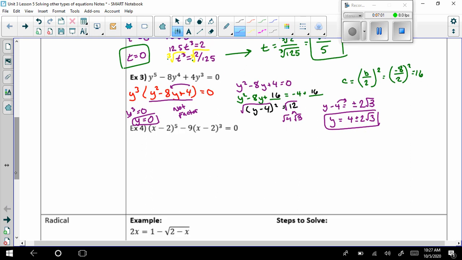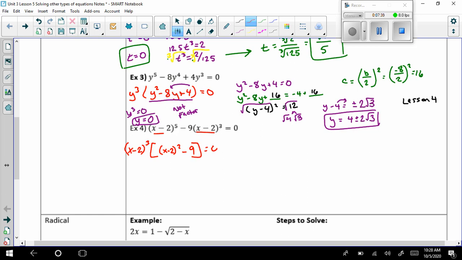So that is, again, using completing the square. You can refer to lesson 4. Now this one, we can see that x minus 2 is our GCF, so we're going to take out x minus 2 cubed, and that leaves us with x minus 2 squared minus 9